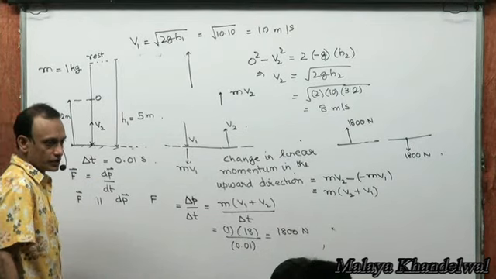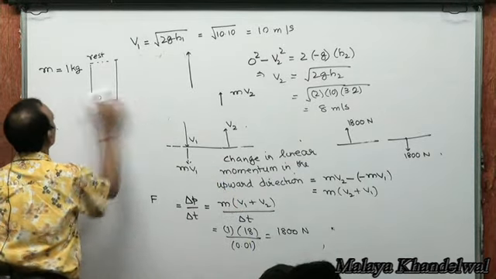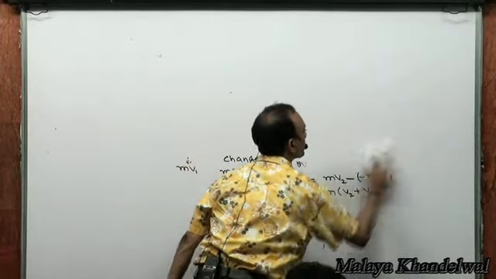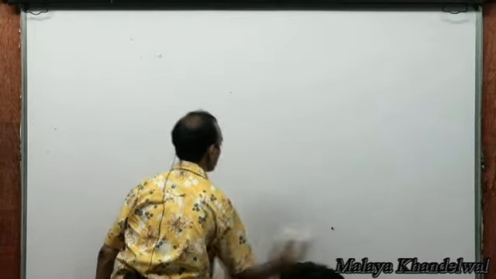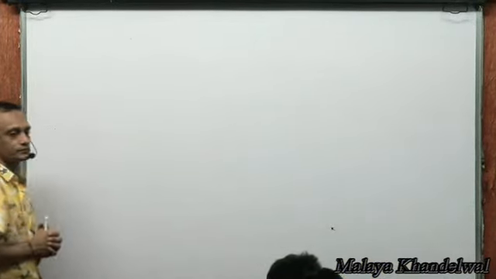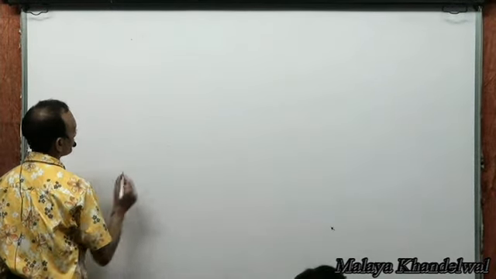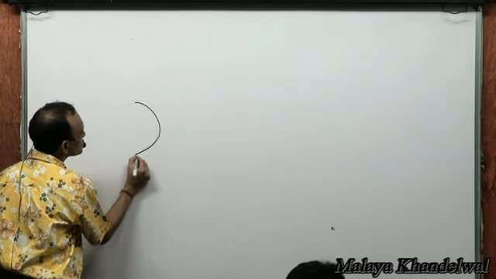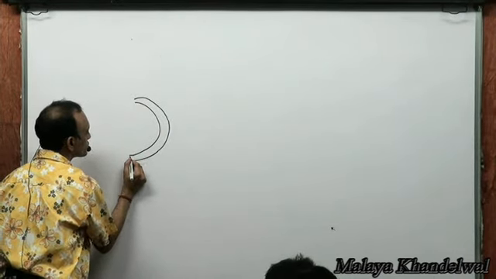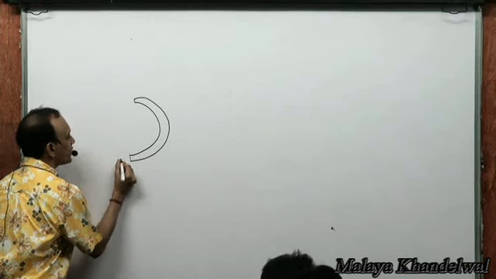So far so good. Not an issue. Now, suppose there is a circular tube. Smooth. Now, say there is a particle